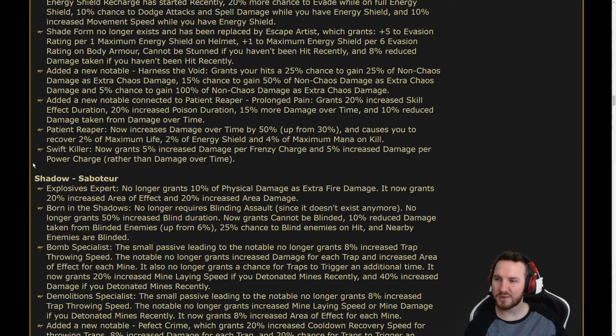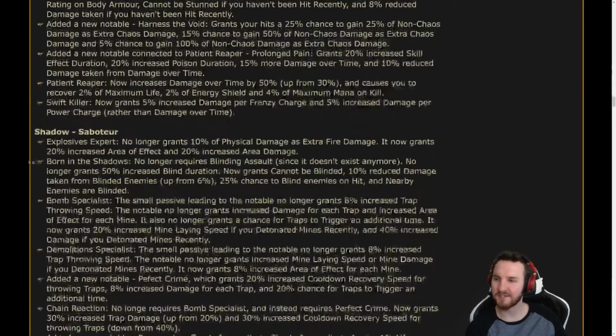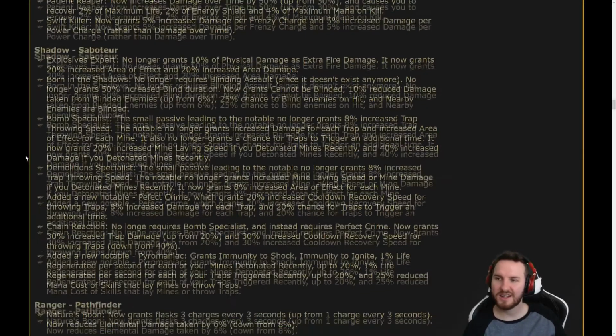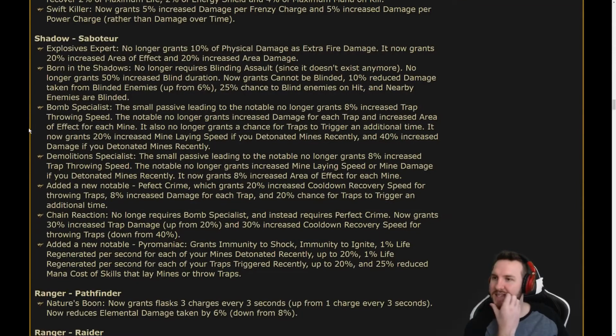Nice. Swift Killer now grants 5% increased damage per frenzy charge and 5% increased damage per power charge rather than damage over time. So just flat damage. That's really good, actually. Trickster seems really freaking strong. Anyway, Saboteur,